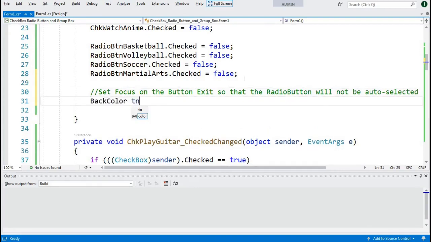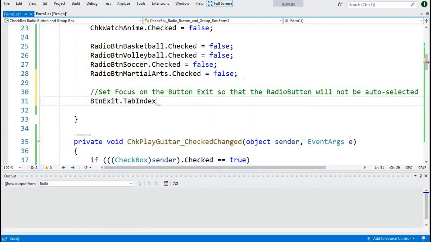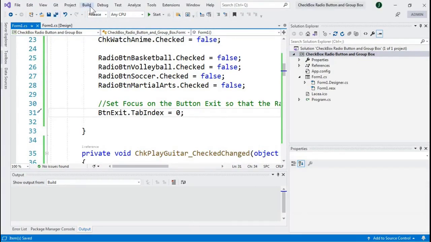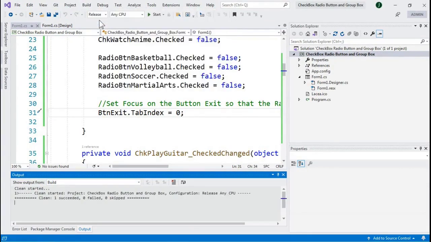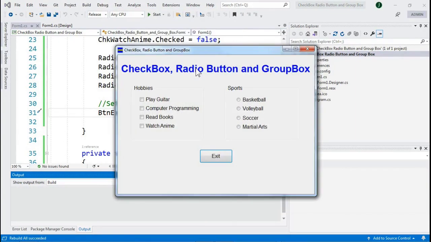And here is the code. We will reference the btn exit, and then the property tab index, set it to 0, meaning that is the first control to be focused during runtime. So let us save first before we compile. Let us run. As you can see, there is no message box appear, and we can see the checkboxes are unchecked,